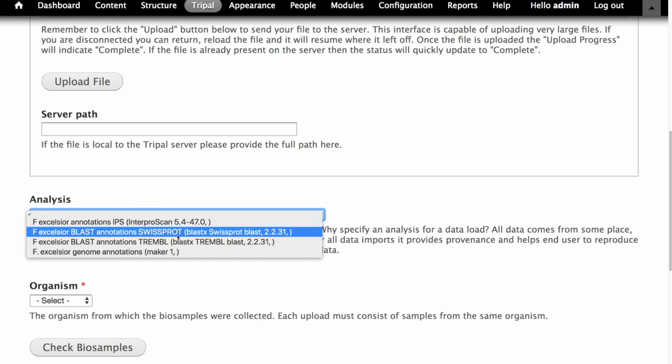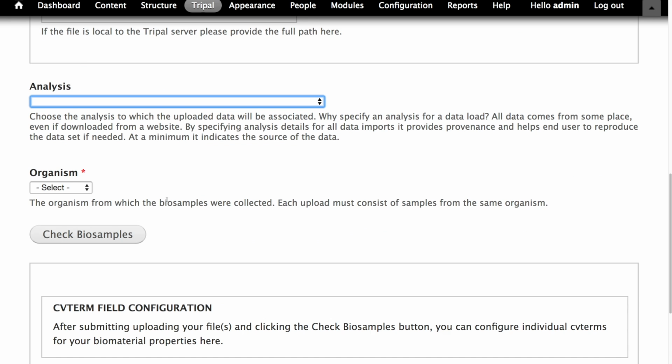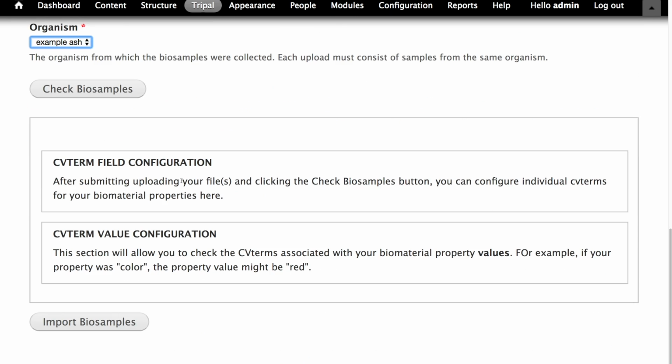You can associate it with an analysis. I haven't created one to associate it with, but that's easy to do, and I have other material for that. And we need to select an organism. What happens here is kind of interesting. We can just go ahead and import it,